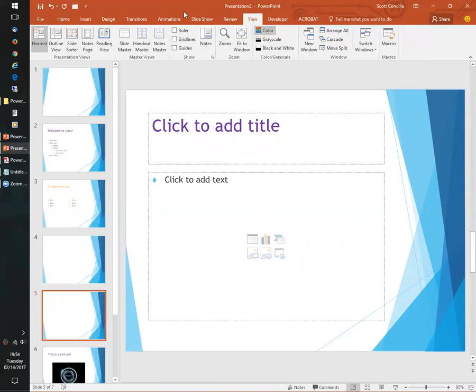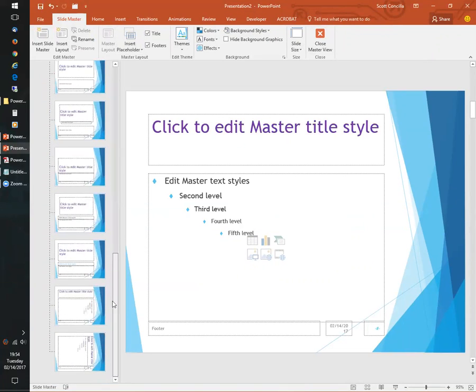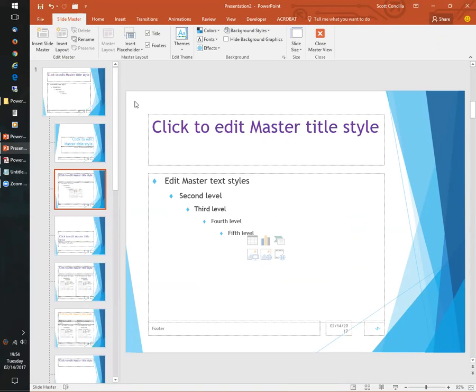Under the View tab, Slide Master. When we're looking at the Slide Master in this left-hand panel over here, you're looking at two things. You're looking at a Slide Master, which is the top slide, and then underneath that, you're looking at layout masters. Anything that you format or change on the slide master, that topmost slide, its changes will cascade down to all of the layout masters and consequently all of the slides in your presentation. Okay, because it's the master.